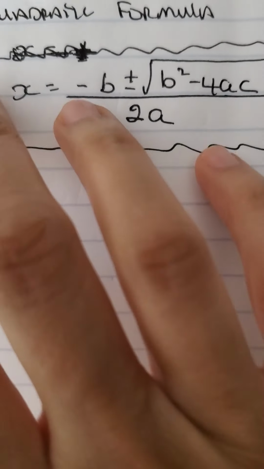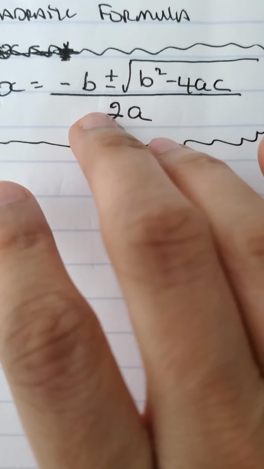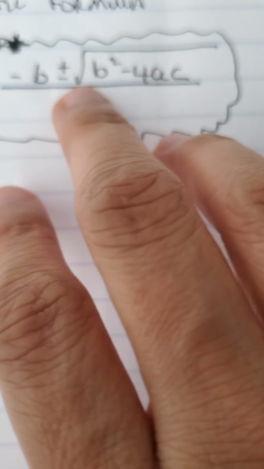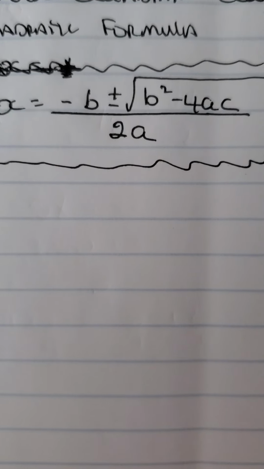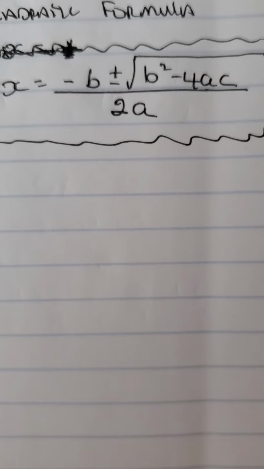So the quadratic formula states that x equals negative b plus and minus the square root of b squared minus 4ac, all over 2a. Commit to memory, guys. That's it. Nothing fancy. Commit to memory. And then after that, it's beautiful